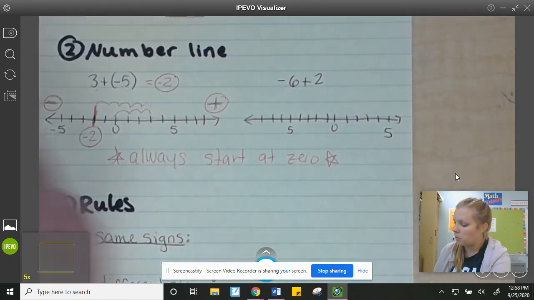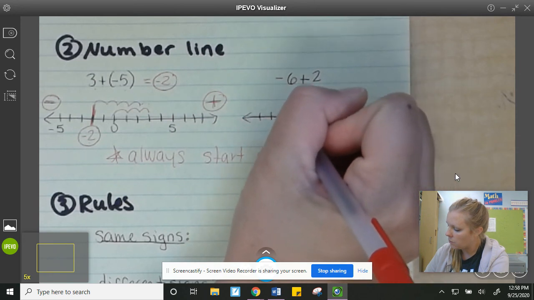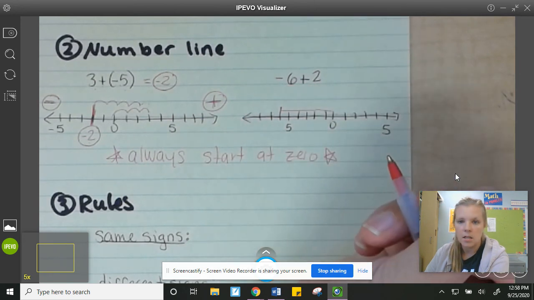If we want to do one more of the number line, we start at 0. We're going to go back 6. 1, 2, 3, 4, 5, 6. And then we're going to go